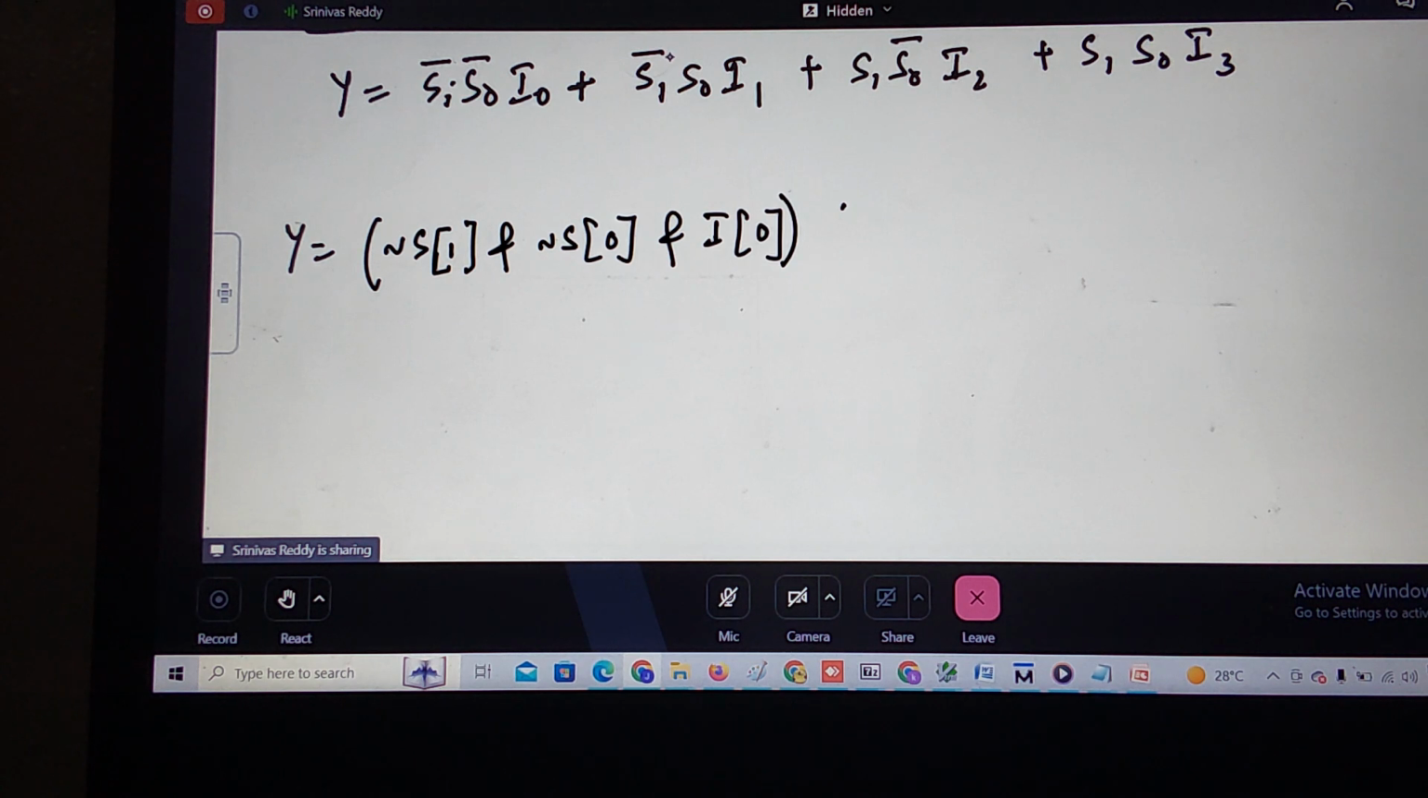Now here what do I need to use? Bitwise OR operator or logical OR operator? Bitwise operator. I need to add all these bits, right? I can go with the bitwise OR. Similarly, how you can write this expression is